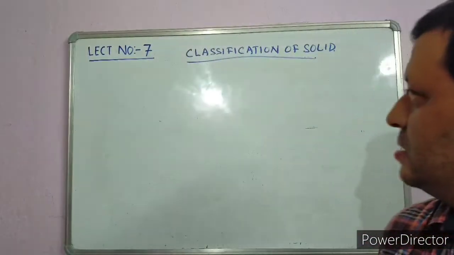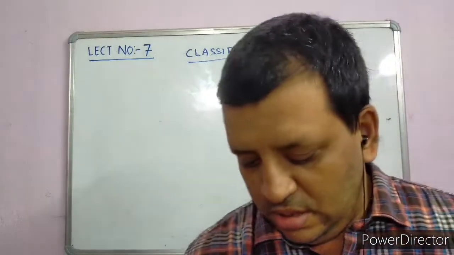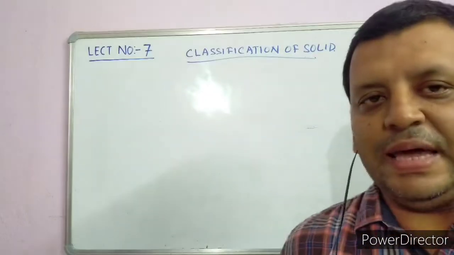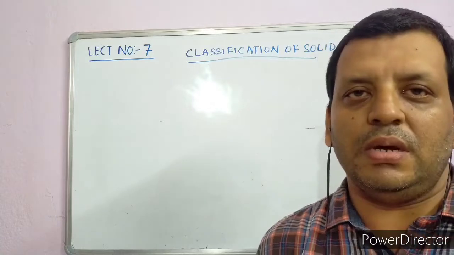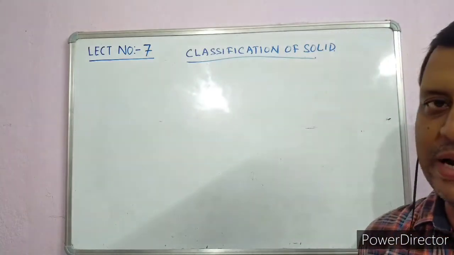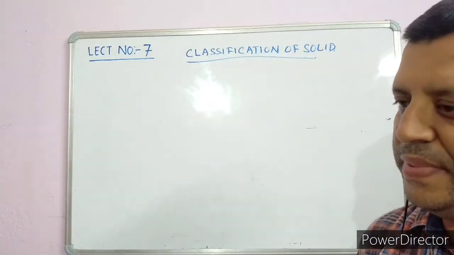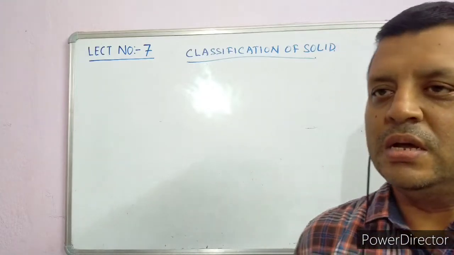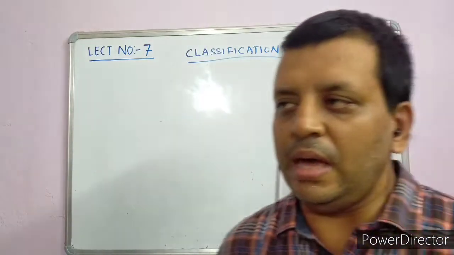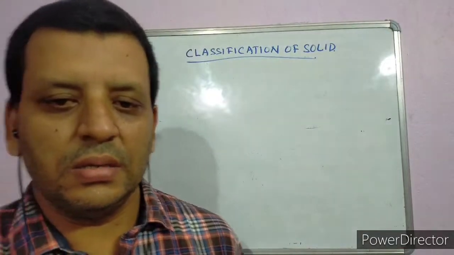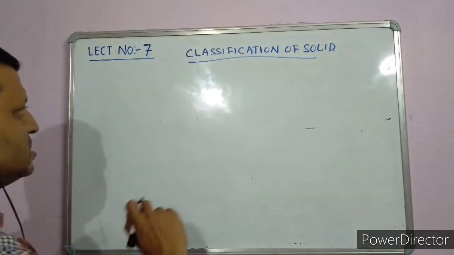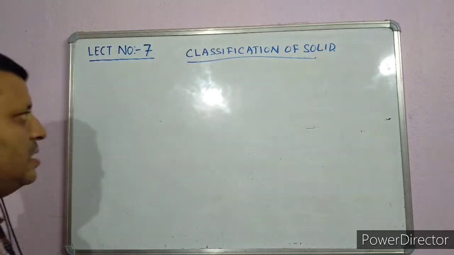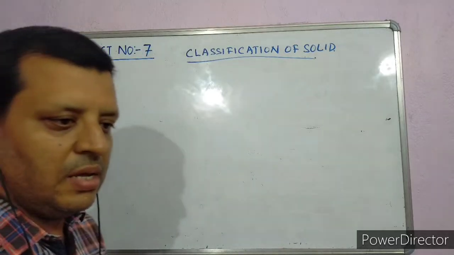Solids are also of different types. They have different ways to be classified, but we will be taking conductivity to classify the solid. So considering the conductivity, solids can be classified into three types: